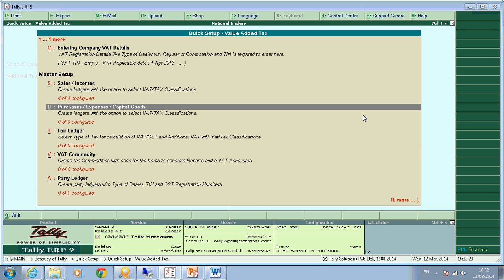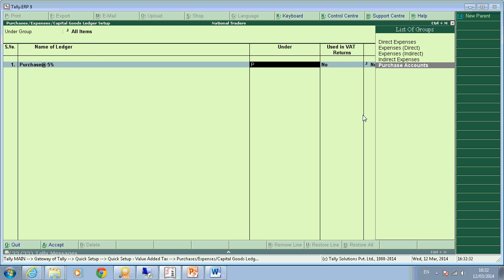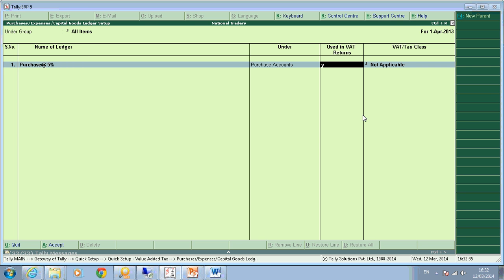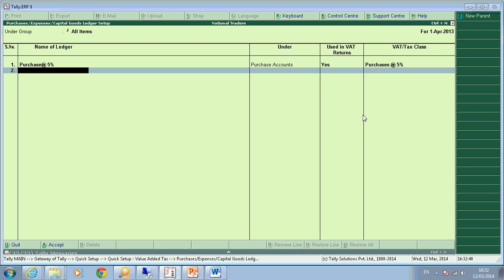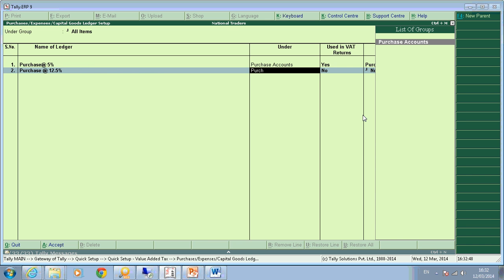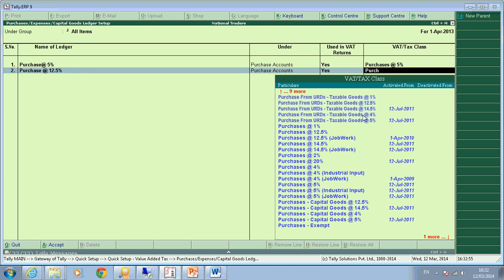We'll go to the next one, that is creation of purchases, expenses or capital goods. So I'll create a purchase ledger, purchase at the rate of 5%. Under purchase account, used in VAT return, yes. Purchase at 5%. I'll create the next ledger, purchase at 12.5%. Under purchase account, used in VAT return, yes. So it is purchase at